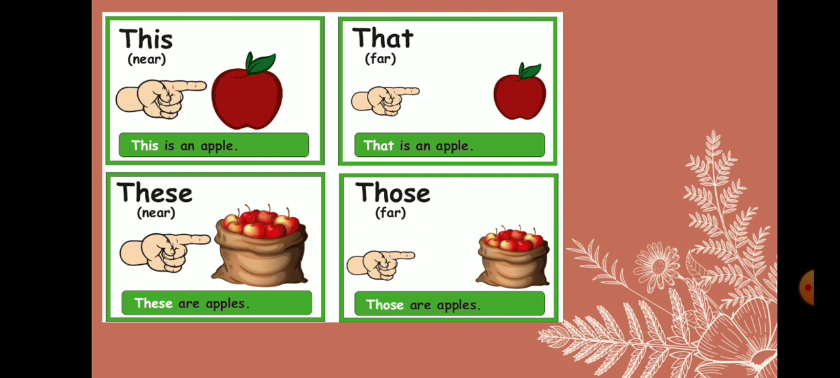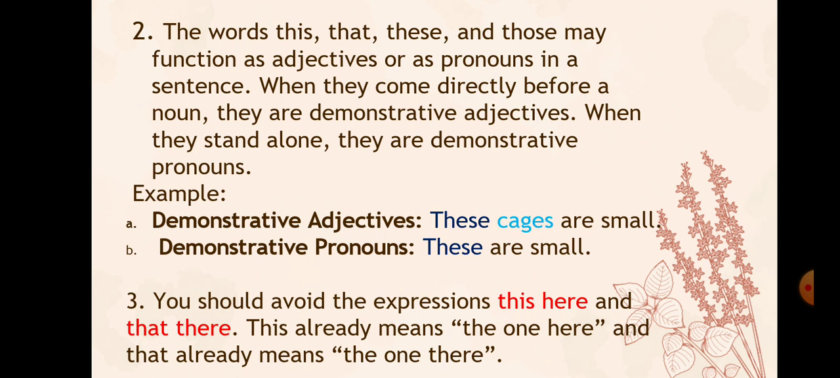Those, plural, but it's something far away from you, okay? So we're going to use those. Those are apples, okay? The words this, that, these, and those may function as adjectives or as pronouns in a